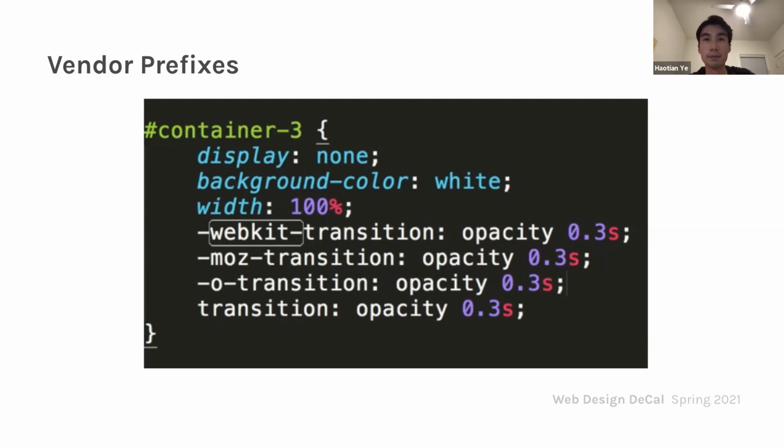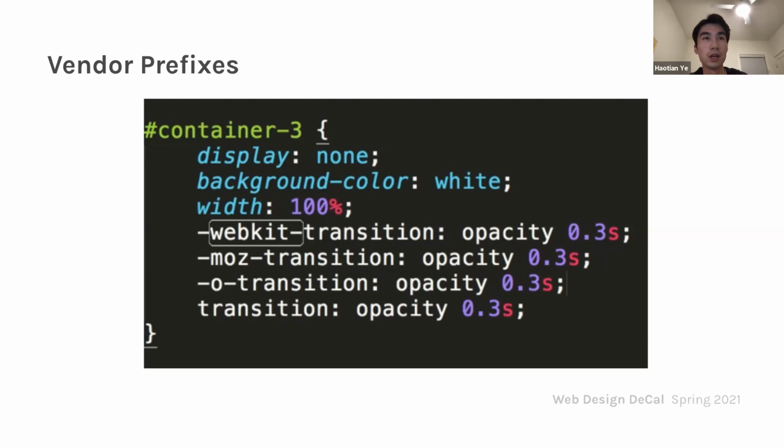Because each browser again has its own take, it might not look the same or do the same from Safari versus Chrome to Firefox to Internet Explorer. So WebKit is the Safari version, Moz is Mozilla Firefox. I don't know what O is, but that's something else. And then of course we have the regular transition to just fall back on in case none of the browsers have this support. So vendor prefixes are a way to go when you want to have consistent styles across